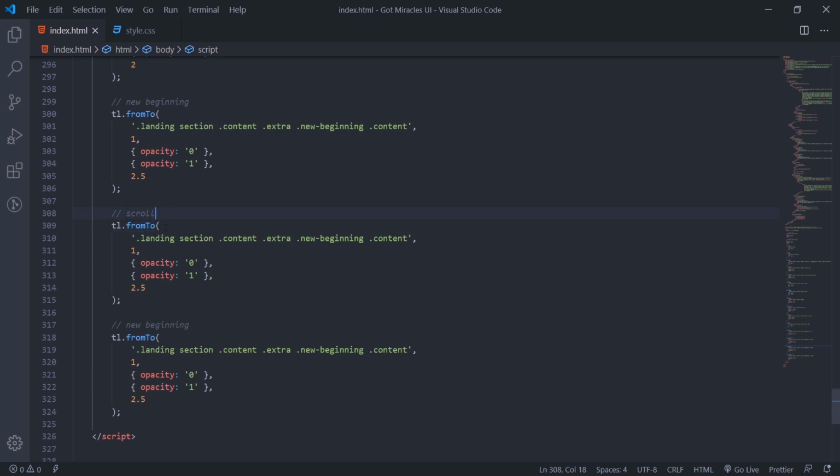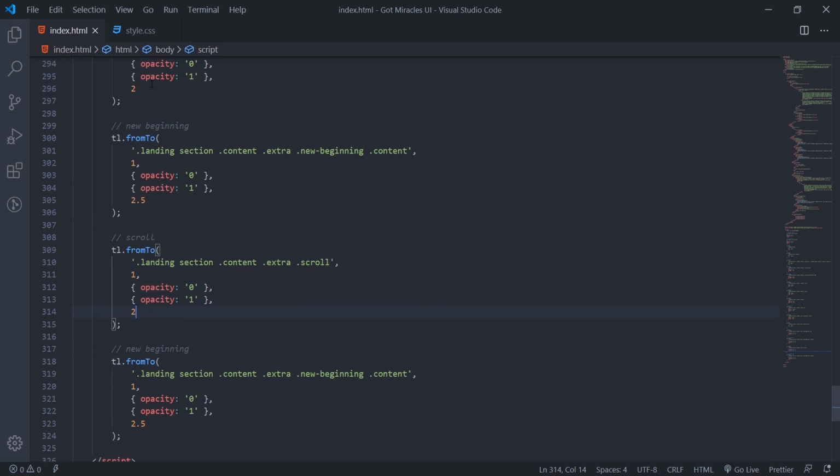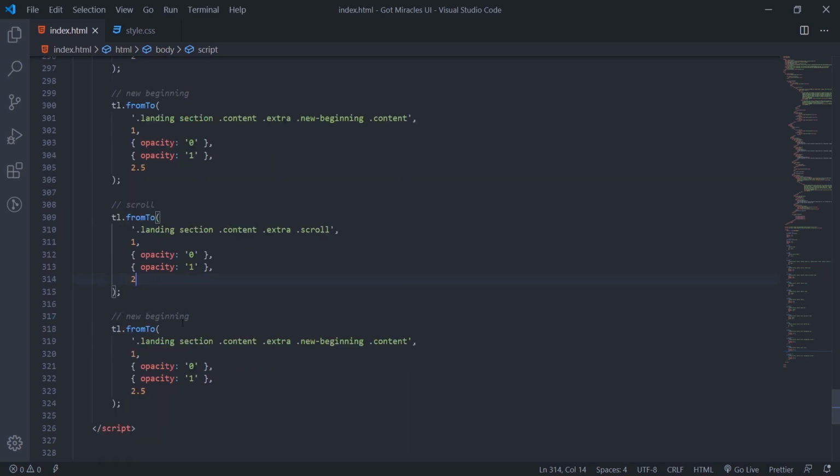TL.from to landing section content extra scroll. Okay. So opacity 0, 1, motion to 2. So may just align with this oga for here. Alright, so this other indicator.